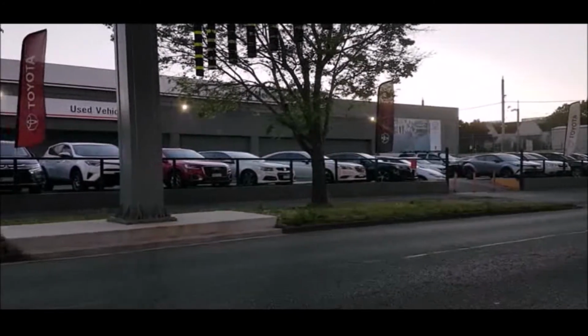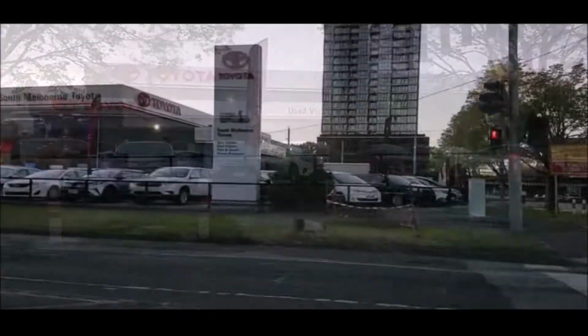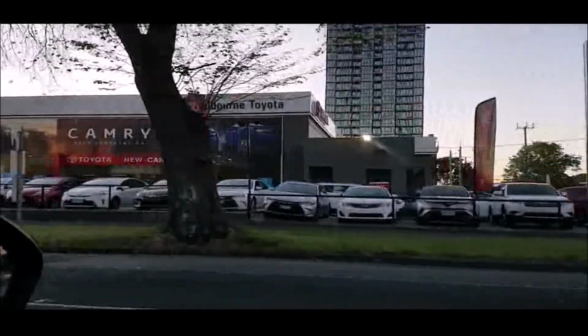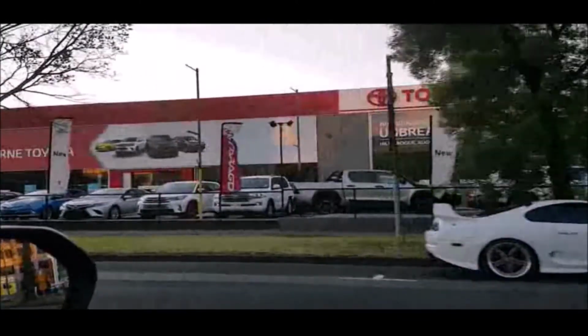South Melbourne Toyota is located on the corner of Montague and Normanby Roads in South Melbourne. We do have a fully equipped service centre at the rear of the building, so if you do decide to come down from Mildura to Melbourne for any servicing needs or anything else, feel free to let us know so